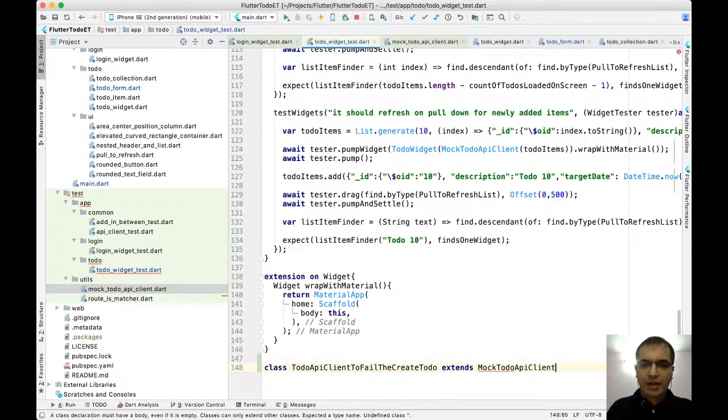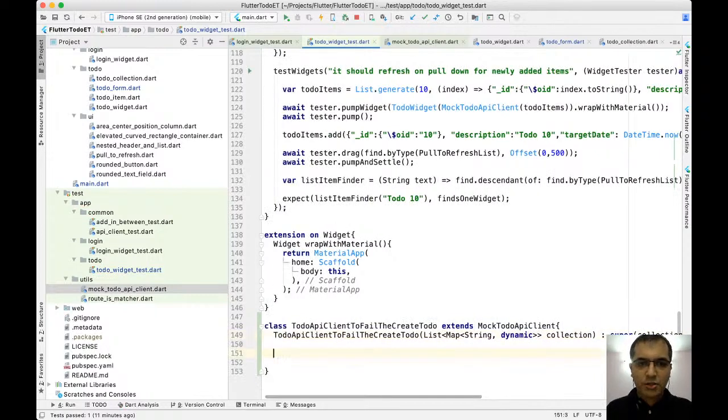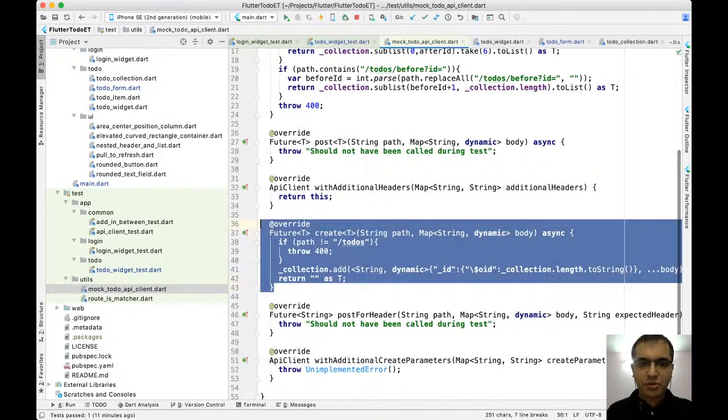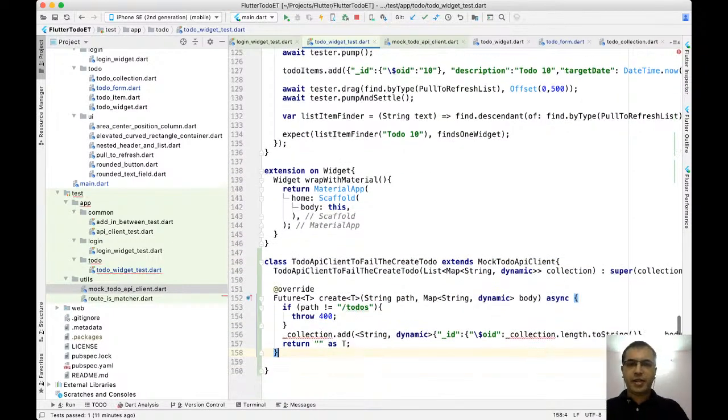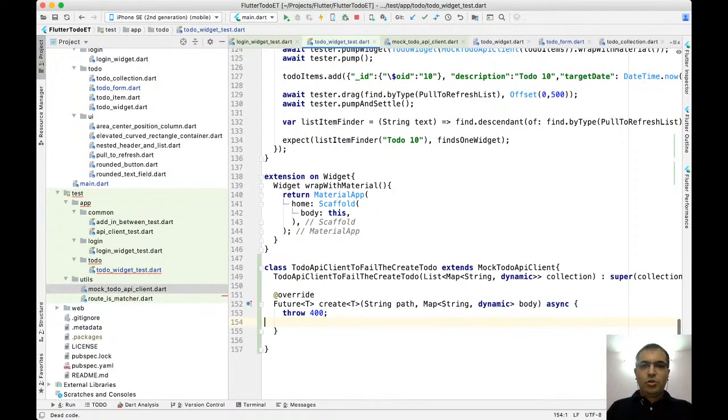Create a constructor to call the super, and that's done, and this is going to be dynamic as expected, and I just need to override a method. Well, that's weird. I think that's probably the IDE issue, but I need to override this method, and I don't need this collection. All I need to do is, no matter what, just throw an exception, throw an error. Cool.